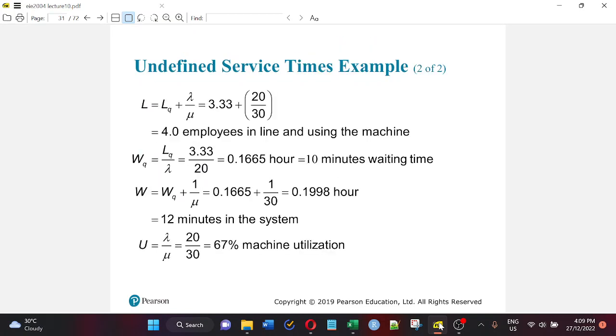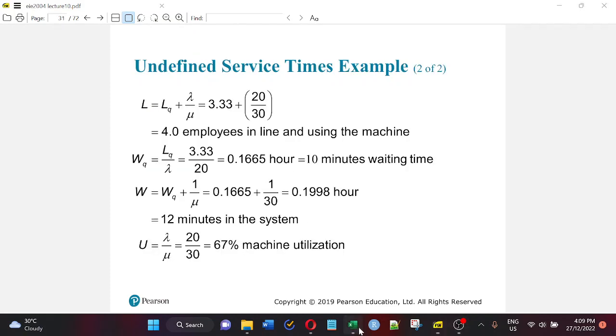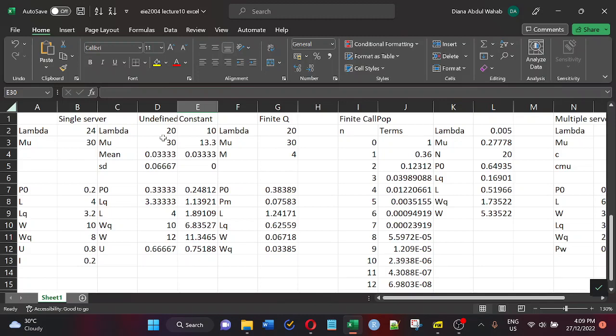You just use this formula. So I'm going to show you how I did it. So this is the undefined. First we have the lambda, we have the mu, and the mean is 2 minutes and the standard deviation is 4 minutes. But for some reason the formula uses hours instead of minutes. So make sure that if you're using hours, just use hours all the way. If you use minutes, then just use minutes all the way, otherwise there might be